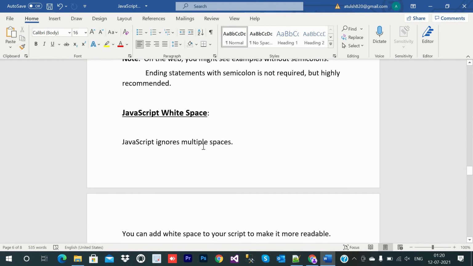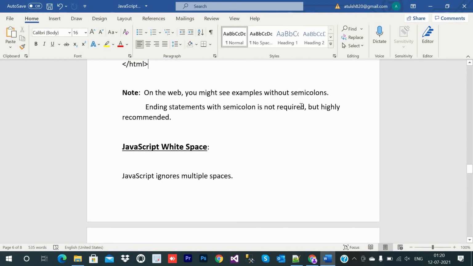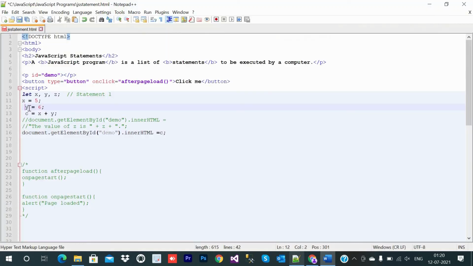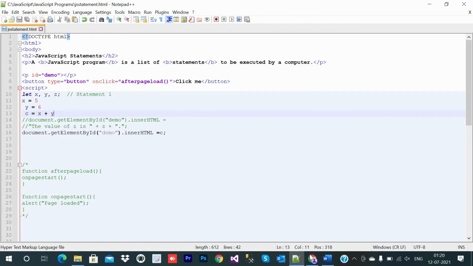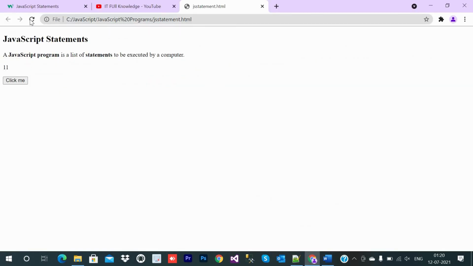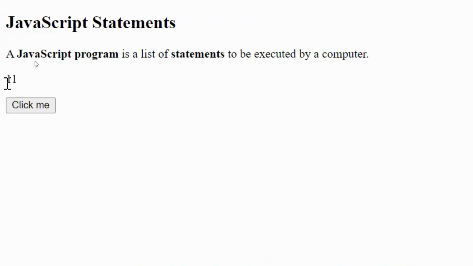On the internet, on the web, you might see examples without semicolons. Ending statements with a semicolon is not required, but highly recommended. So if we come here and remove that semicolon, what will happen? It will still work. We will refresh it, and you can see 11 is still coming.